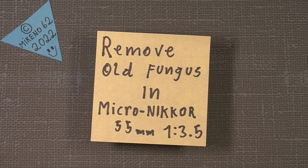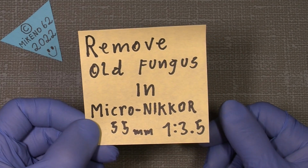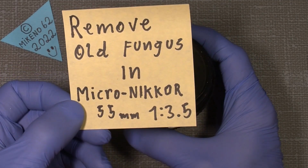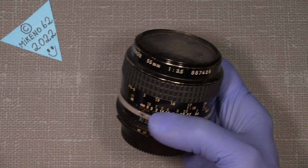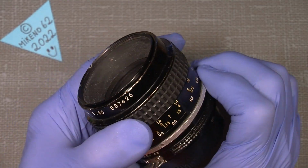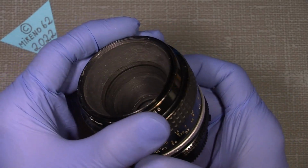Hello everybody and welcome to another tutorial in camera and lens repair. And this time I would really like to try to remove all the fungus in my old Micro-NIKKOR 55mm 3.5. This nice old lens is actually a very good lens, and it works. I mean, the focusing is fine, the aperture is fine, everything except